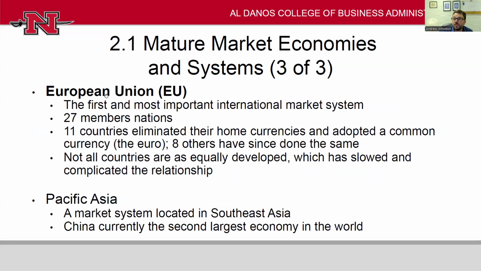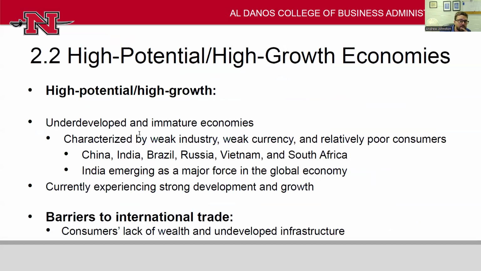You have the European Union, which is another bloc of countries that have committed to lower tariffs and increased trade and facilitating trade between its member countries, 27 right now. You have blocs in Southeast Asia as well. China is becoming an increasingly important leader as the second largest economy in the world, second only to the US. China is an interesting one. It has private enterprise, but very much directed by the state. So sometimes it's called a state enterprise or state-led market economy.